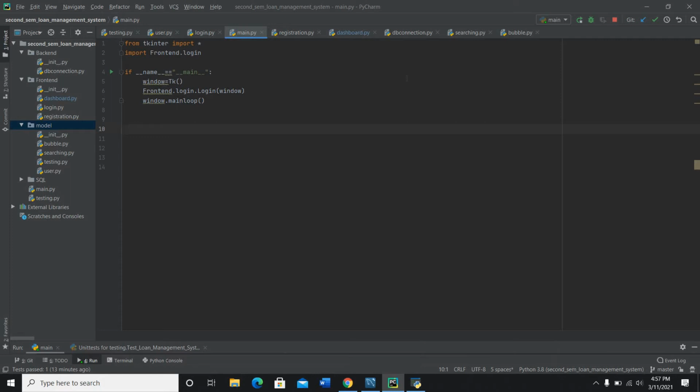I'm at the end of second semester and this is my final assignment project to develop a software in my own ways, but it must contain the requirements like GUI integration, using object-oriented programming, unit testing, database, Python, and so on. Following the requirements, I have developed a Python project, a loan management system of my own design.